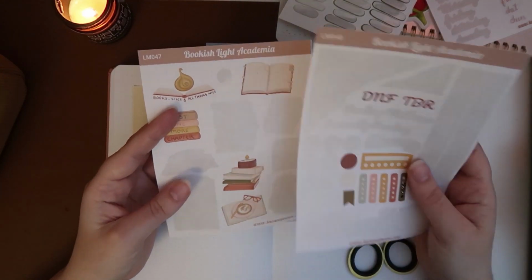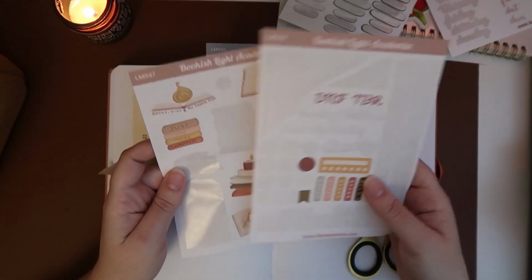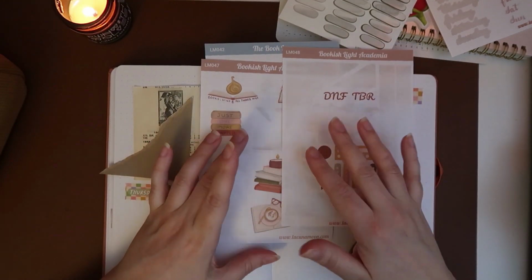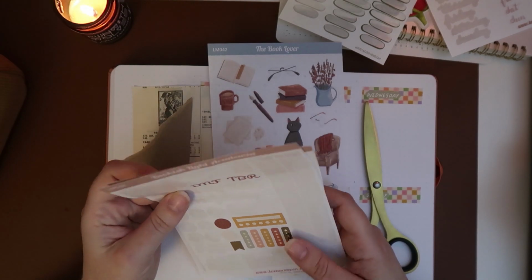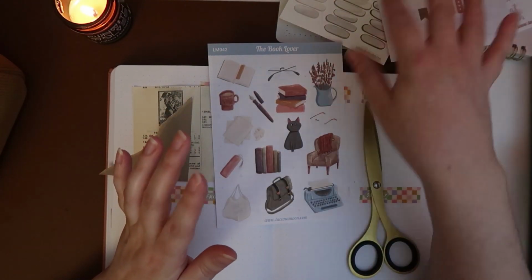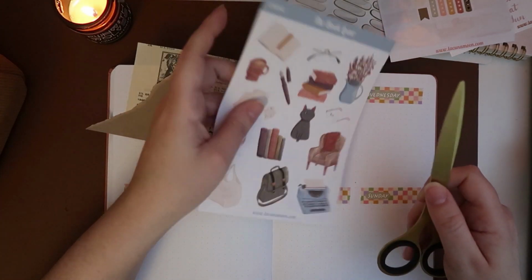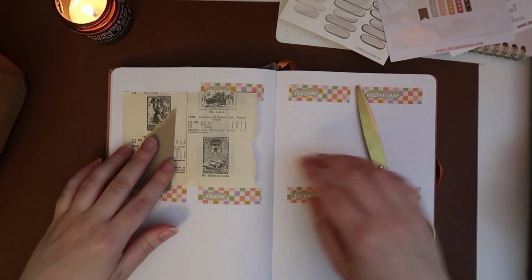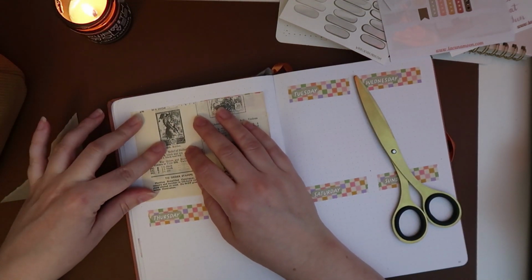But normally I put up polls and you can help me decide what kind of themes you want, and then you get the 2 sticker sheets, and then you'll get a die cut sticker, or a piece of ephemera, or some washi samples, or just something fun and extra to add on. So that is the physical mail tier, and it's actually open internationally, so anybody can join. You don't have to be in the UK, and